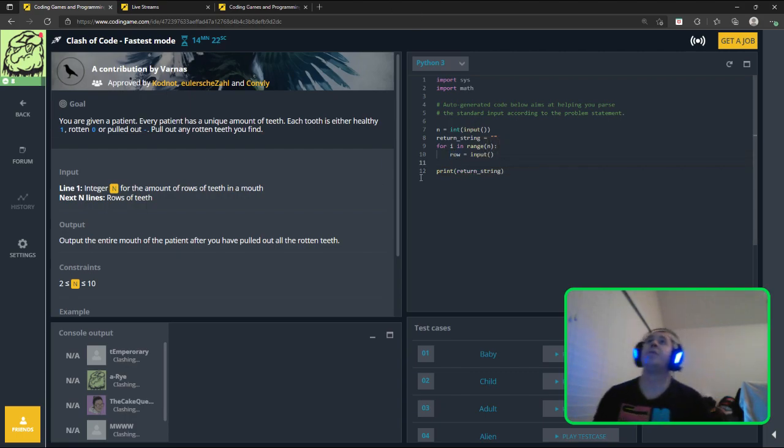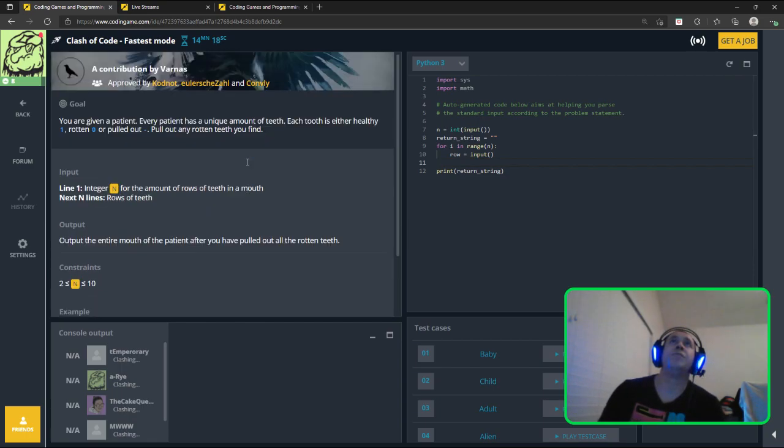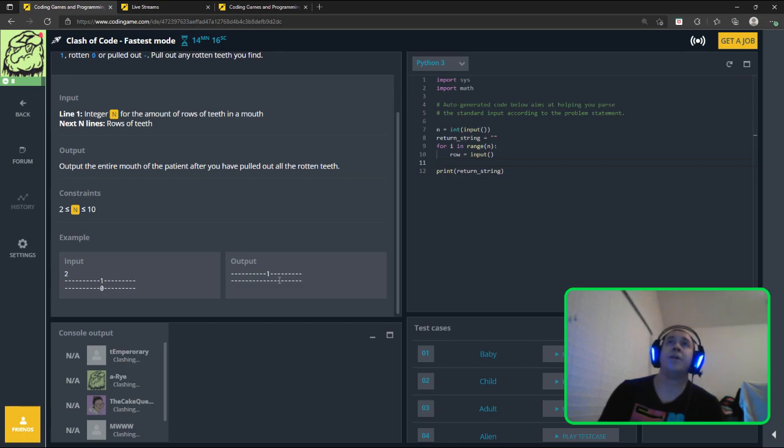Now, yes, so if it's rotten 0, we got to change it to a dash. So, and here we'll do for char in row if char equals a